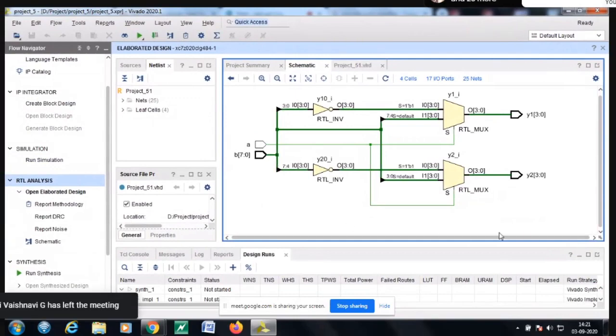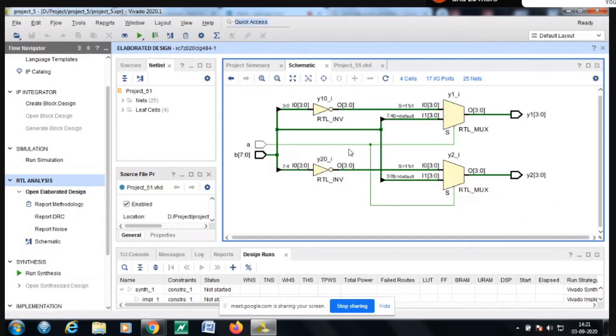This is the actual circuit which will be created inside the FPGA to realize this algorithm, whatever VHDL code we have written, whatever algorithm we have written, will be implemented in the hardware in this way. You look there, A, B. A is a single bit, B is a vector of 8 bits. B is going here, and it is taking the complement here. B is also going directly here without any complement. It goes into this multiplexer. It also goes into this multiplexer.